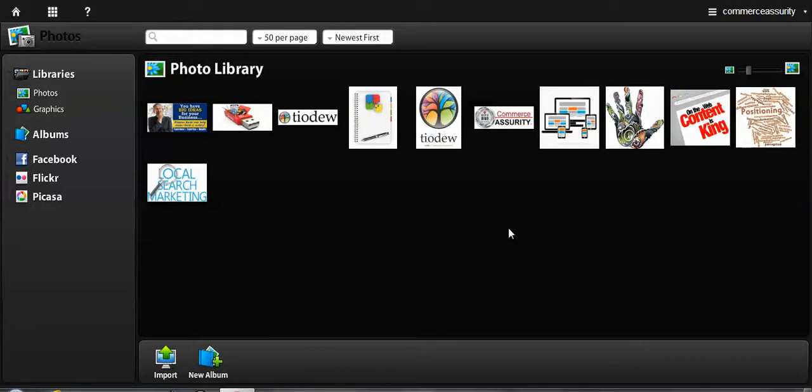But the same photo system can be used to create albums of photos, and I want to show you how that's done. What you do is you go to the bottom of the page and you can create a new album, but I always just short circuit this because usually when I want to create a new album I just have pictures I want to import. So you just click on import